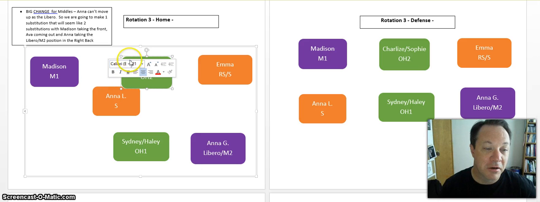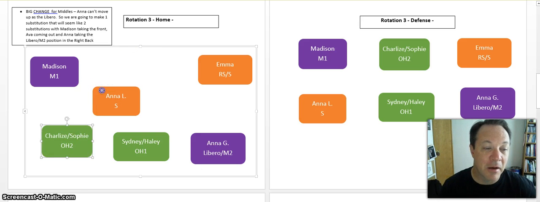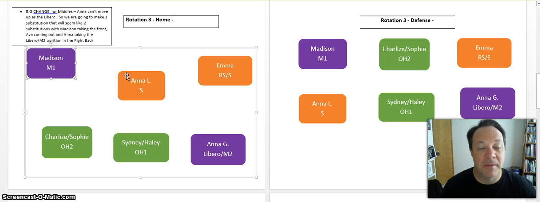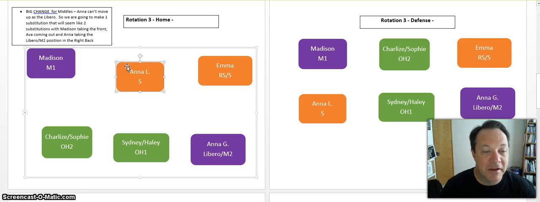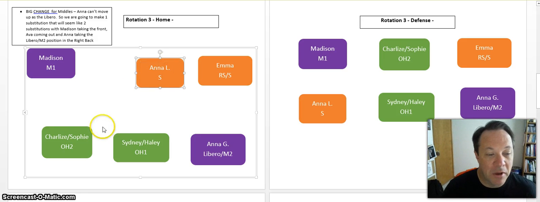So what we're going to do is move Charlize back and Anna up, with Anna not crossing Madison. So we're going to move her really close to the corner up here so that we don't cross Madison. And then what that does is that puts our setter in a setting position so that once the ball is